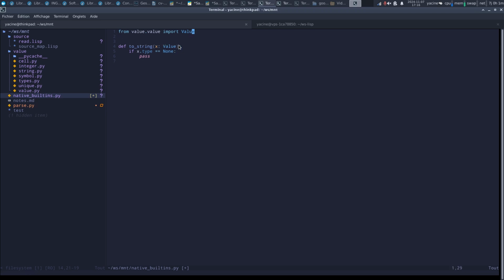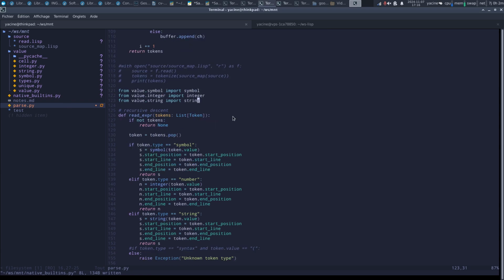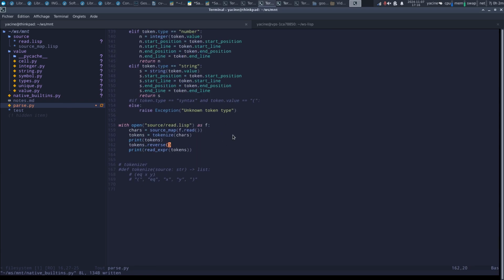So I will need to import all the types. Since the AI completion is not working,